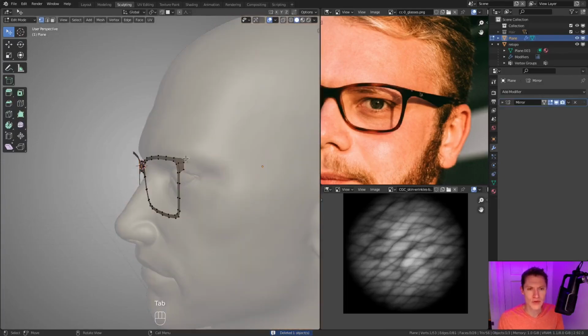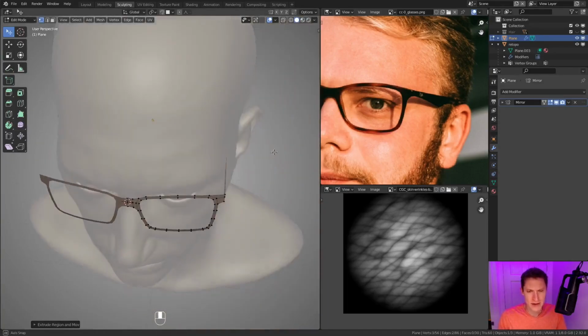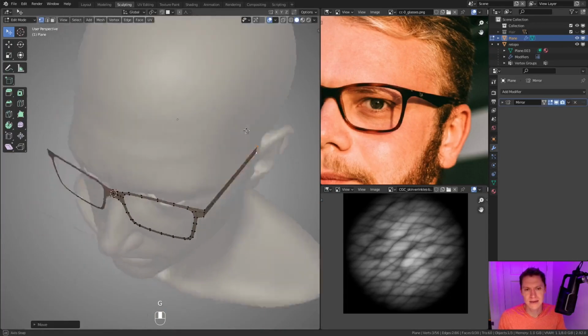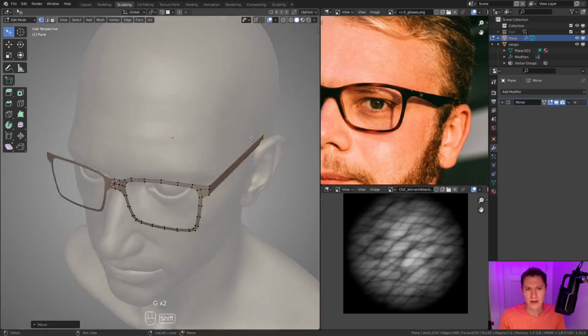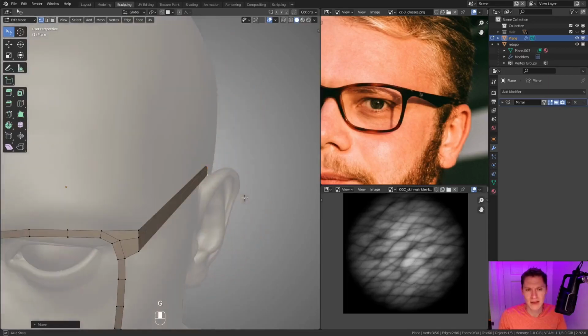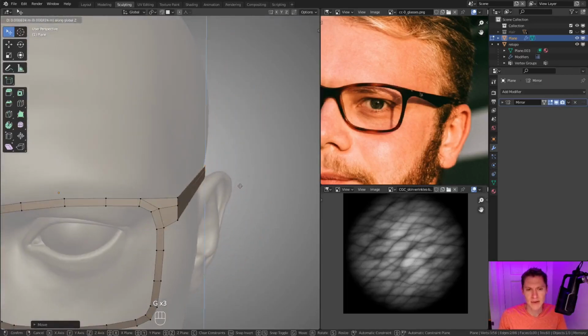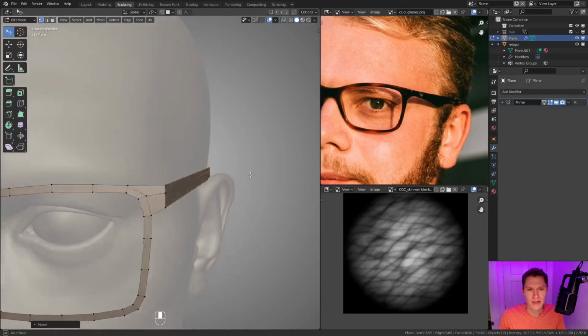And now we will extrude the ear support backward to the ear using the side orthographic. And also, as characteristic with glasses, these bend outward. They don't go straight back. All right, so we want to position that to comfortably sit on the top of the ear where it connects to the head. Something like this.